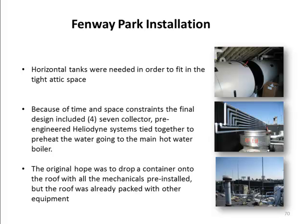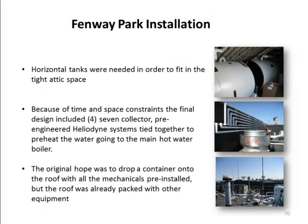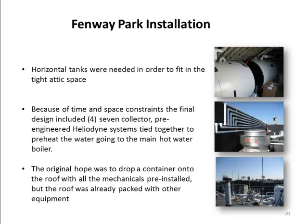As with just about any commercial system, there are always challenges. In this case, where to put the tanks. The array had a nice location, but the tanks could not fit on the roof. The lowest picture there shows how busy the roof is. The upper picture there shows the tanks mounted horizontally into an attic space that was not being utilized. The installers had to cut a hole into the side of the attic to get access to it and install